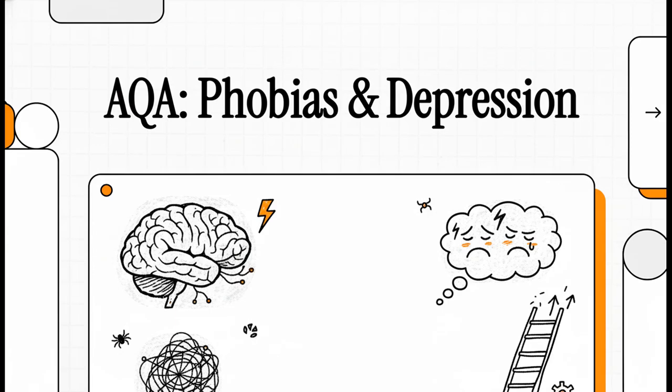All right, welcome to our deep dive revision explainer, designed specifically to get you ready for your AQA AS psychology exams. We're going to be breaking down two huge topics, the behavioral approach to phobias and the cognitive approach to depression. We'll cover the core theories, the therapies that came from them, and most importantly, the critical evaluation points. You'll need to really hit those top marks.